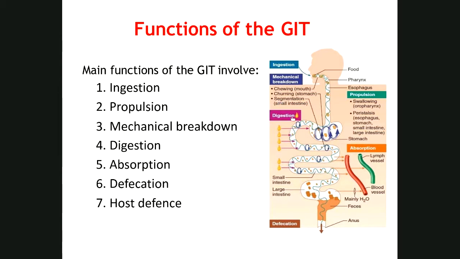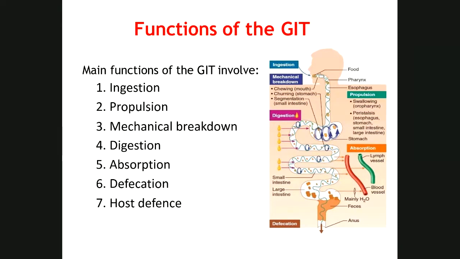So digestion, of course, includes the release of digestive agents, most importantly the enzymes and hydrochloric acid. For example, in the stomach, we have some proteolytic enzymes which are released. We have carbohydrate-digesting enzymes secreted in the oral cavity. There is no digestive element secreted in the esophagus. So the oral cavity secretes